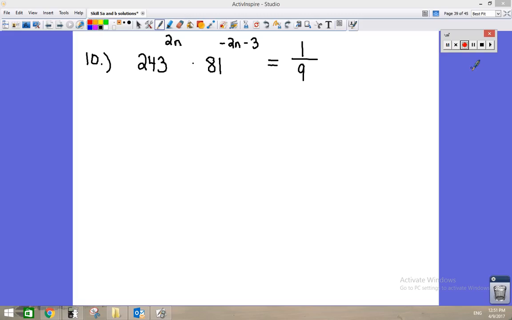Let's solve this exponential equation. It's one where we can rewrite everything with the same base. We don't need logarithms, which we'll see in a later subskill. Alright, so